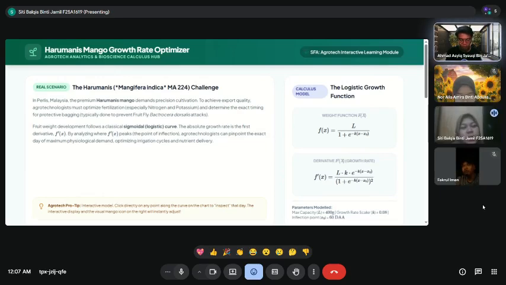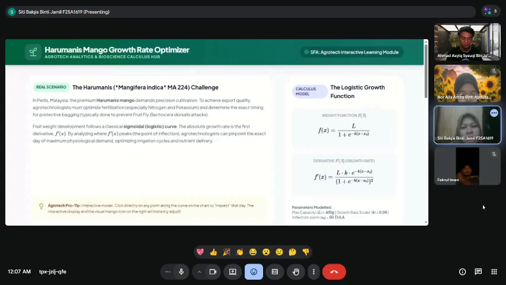So how do we measure and track the weight development of the mango? According to biological data, the fruit weight development curve. Please refer to the formula displayed on the screen. Our core weight function is modeled as f(x) = L / (1 + e^(-k(x - x0))), which gives us the characteristic S-shaped growth curve. To calculate the absolute growth rate, we take the first derivative of the function, expressed as